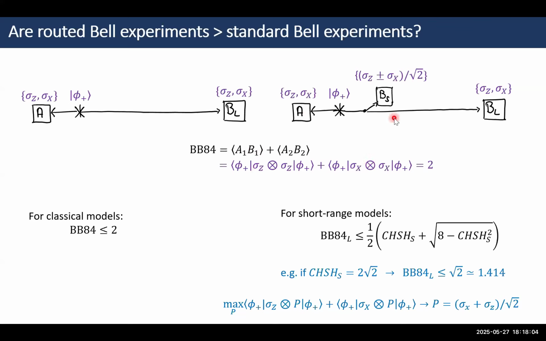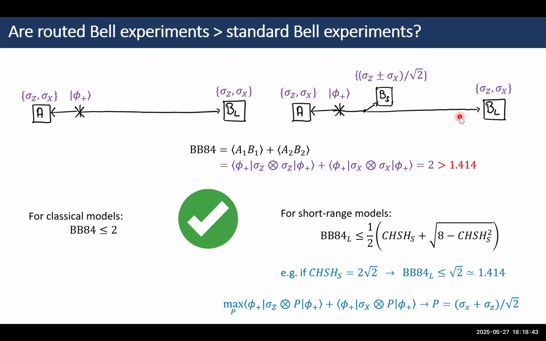And then a single measurement that can maximize this correlation would be a measurement that is intermediate between X and Z. If you do such a measurement, the maximal value that you can get for this BB84 expression is then square root of 2. So if I observe something above square root of 2, then I've certified that some quantum particle had to travel to the faraway device, because I cannot reproduce this value by doing a measurement before